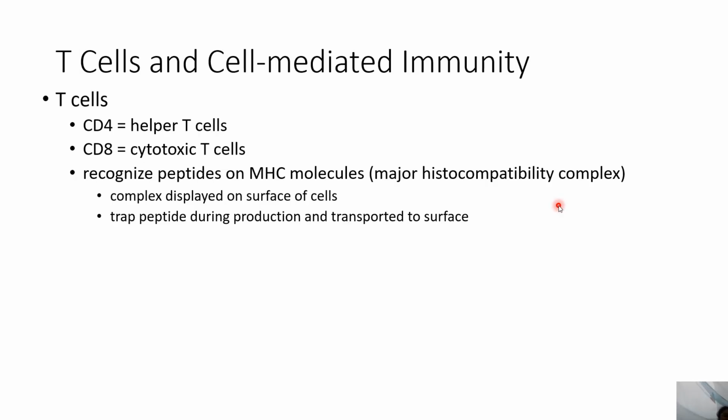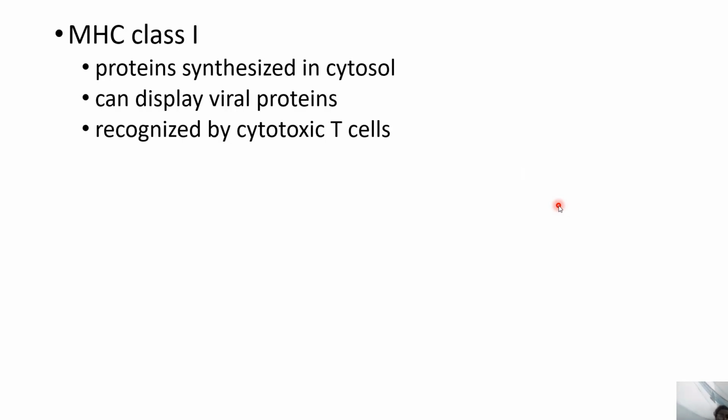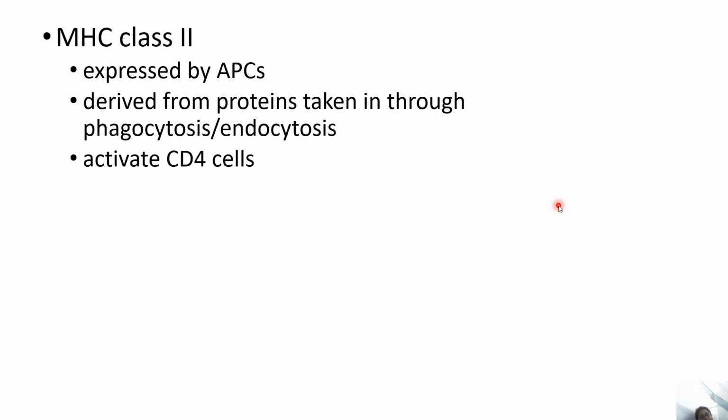T cells and cell-mediated immunity: CD4 and CD8. They recognize peptides on MHC molecules, complexes displayed on the surface of cells, which trap peptides during production and transport them to the surface. MHC class 1, from protein synthesis in the cytosol, can display viral proteins recognized by cytotoxic T cells. MHC class 2 is expressed by APCs and derived from proteins taken in through phagocytosis and endocytosis, and can activate